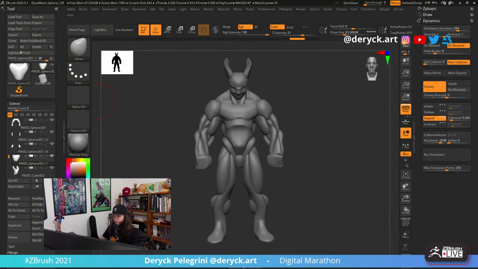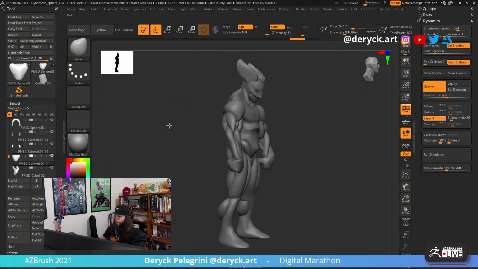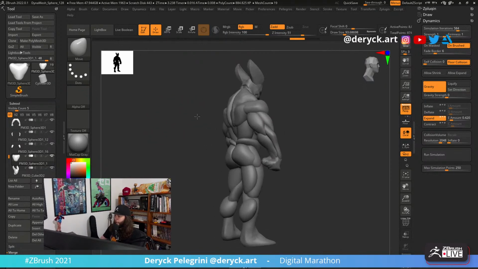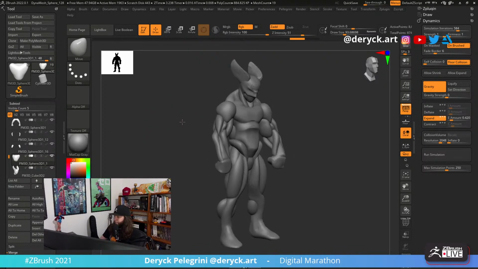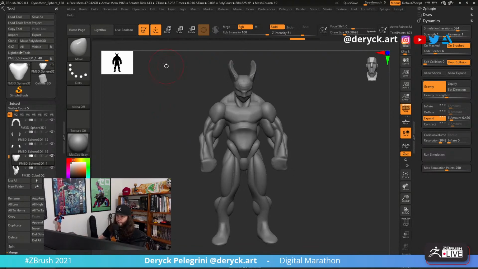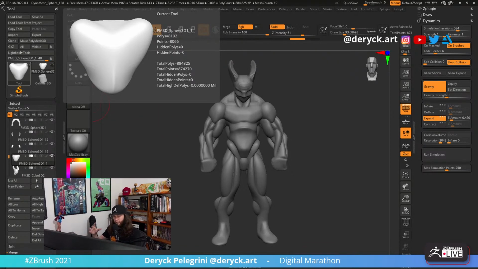Alright, so let's do this. Again, I'm not using any concept for this. I'm trying to create my interpretation of the character here, and I have a bunch of different reference images here from very bulked and muscular guys, and I also have some Wolverine pictures here. But let's see how this goes.